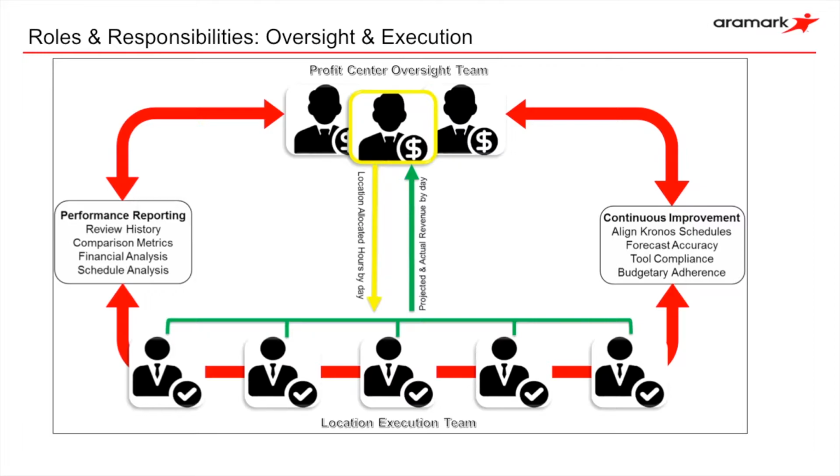At times, those members of the Profit Center Oversight Team, for example, the site lead or controller, would not typically be expected to have intimate knowledge of the specific location demand levels in order to generate an accurate projection or actual revenue entry. The Location Execution Team is typically best positioned to provide insight into the location-specific forecasted and actual revenue values. It is essential to establish a feedback loop process to facilitate communication of location-specific demand, targets, and performance